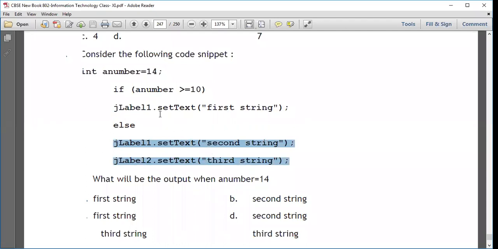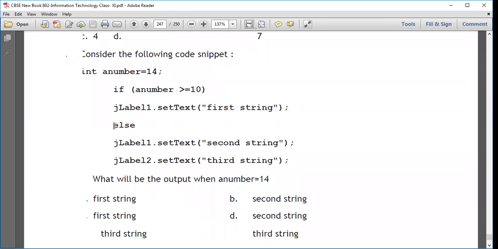अब ये दोनों एल्स में नहीं है, एल्स में सिर्फ ये वाला स्टेटमेंट है ऊपर वाला, because there is no curly bracket written. So if curly bracket is missing then only the first statement is considered inside else. तो इसका मतलब कि अगर ये कंडीशन फॉल्स होती है तो हमने एल्स पार्ट में जाना है, तो ये वाली लाइन प्रिंट होनी है, राइट? और अगर ये कंडीशन ट्रू हो जाती है तो हमने इफ स्टेटमेंट में जाना है, तो this line is printed,